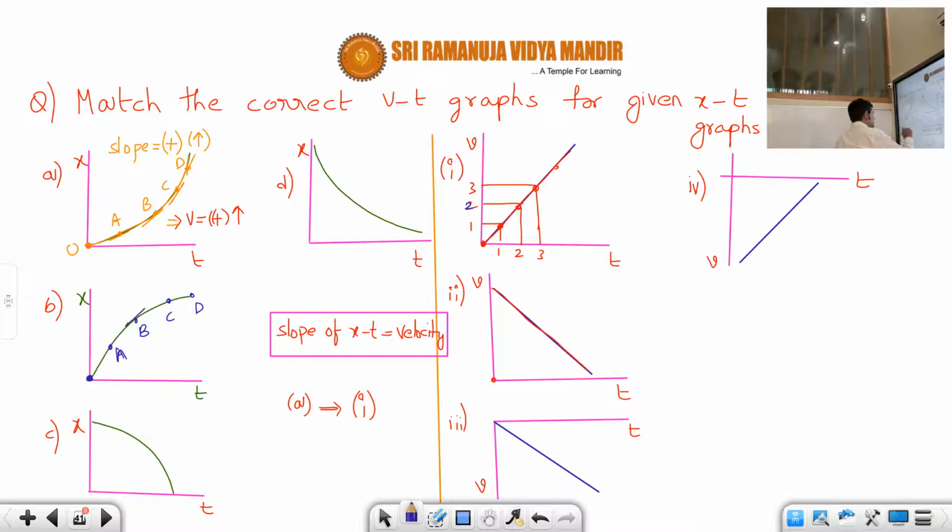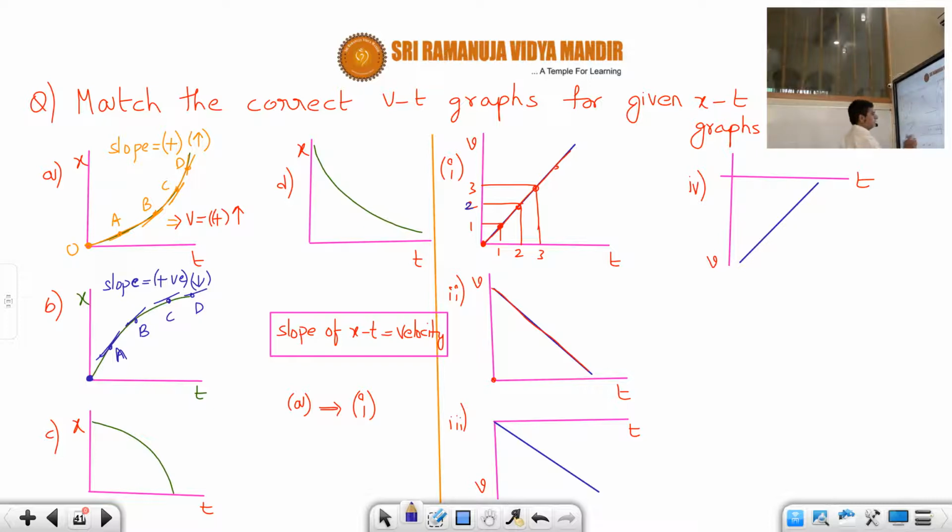So what will happen, students? At these points, the tangents are making acute angles only. So what is the slope? Is it positive first of all? Because the angles made are acute, the slope is positive. But as you are going like this, the steepness is decreasing. Correct or not? So that means the slope is decreasing. I hope you are understanding. So it is positive but the slope is decreasing.